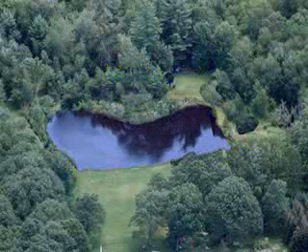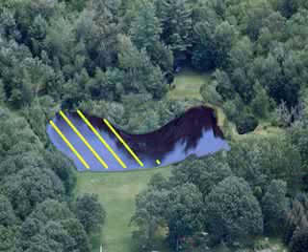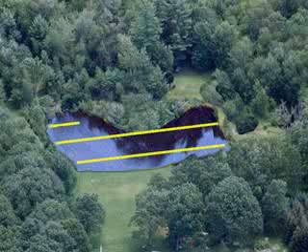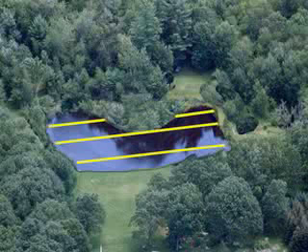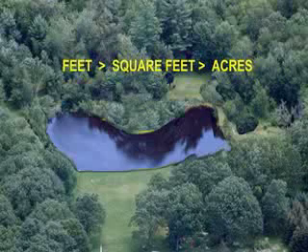But most ponds have an irregular shape. One solution is to measure numerous transects across the pond, perhaps when the pond is covered with ice, to get an average width and length that can be multiplied together to get an approximate surface area. The more measurements that you make, the more accurate your result will be. If you do your measurements in feet, your result will be in square feet, which can be easily converted to